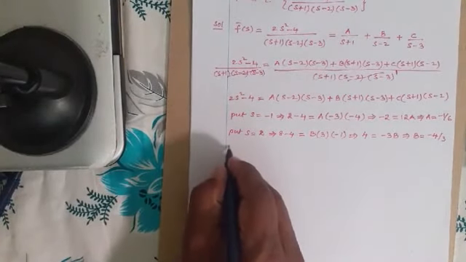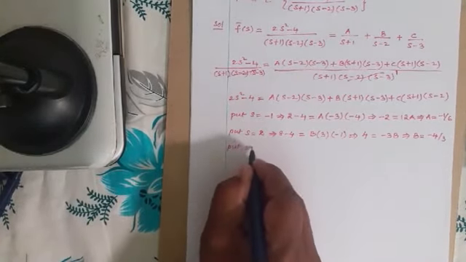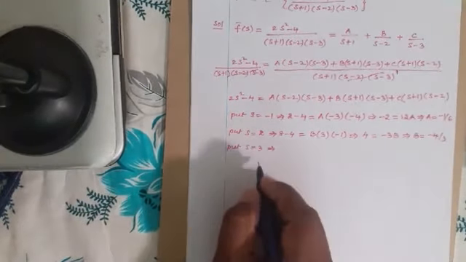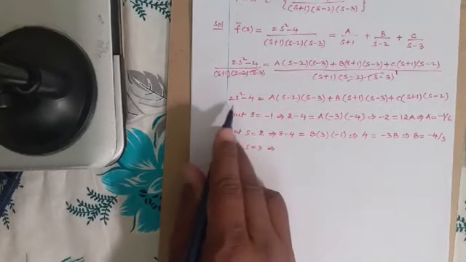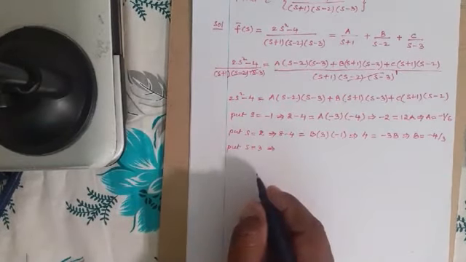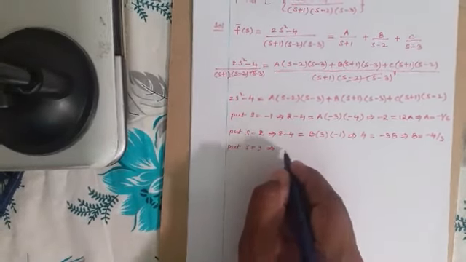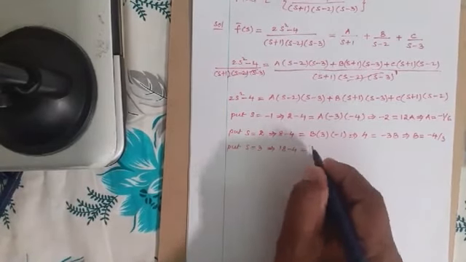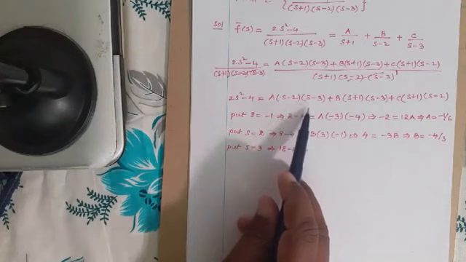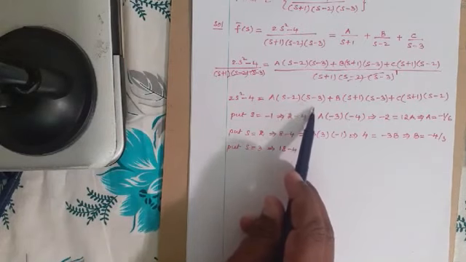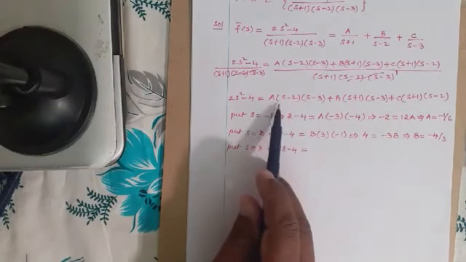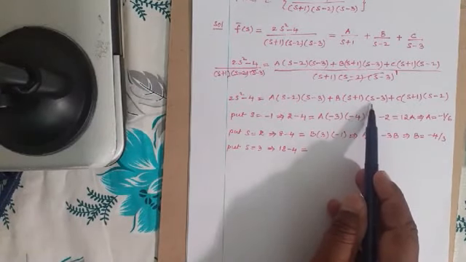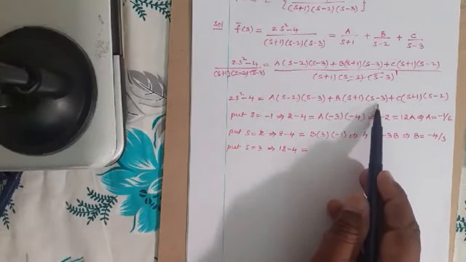For getting c value, put s is equal to 3, so that we can get c value here. Now when you substitute s is equal to 3, this becomes 18 minus 4, this is equal to, now when you substitute s is equal to 3 here, that becomes 3 minus 3 is 0, so a becomes 0. Then again in the place of b, here we have s is 3, 3 minus 3 is 0, so b